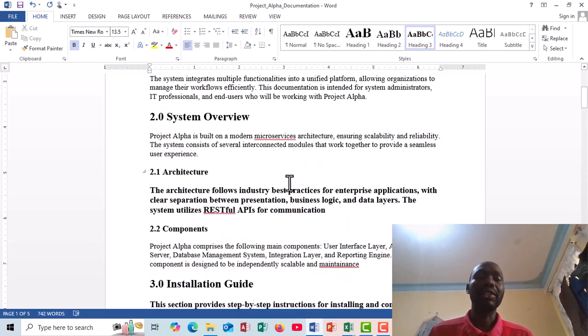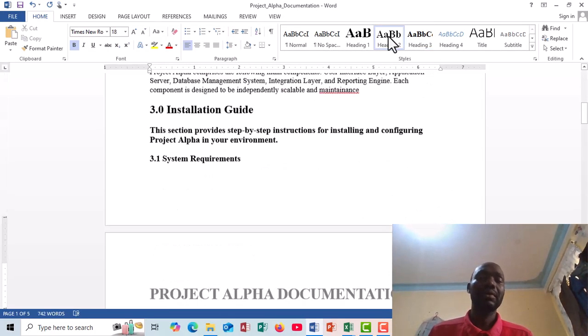that is a subheading. Then we bring our cursor on the system overview, which is 2.0. It's also the second one. Then we come to 2.1. The architecture, this becomes our third one. We continue to scroll down, coming to the installation guide. So this is our second one. Then we come to